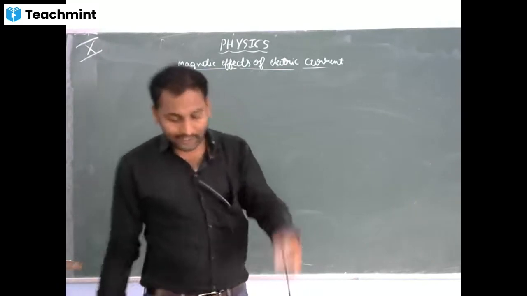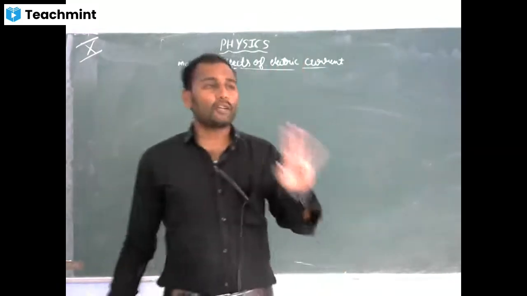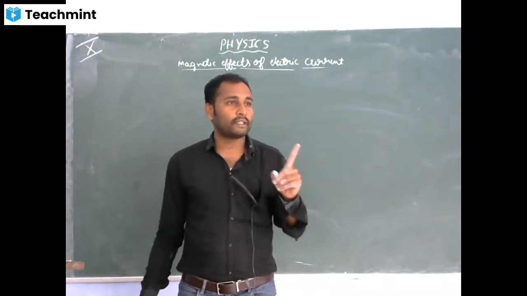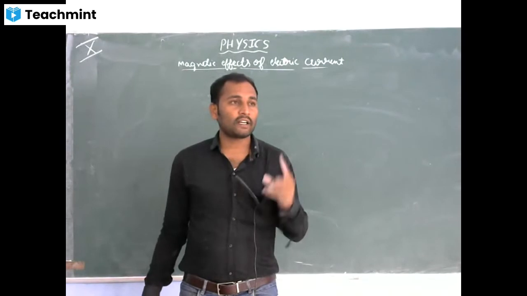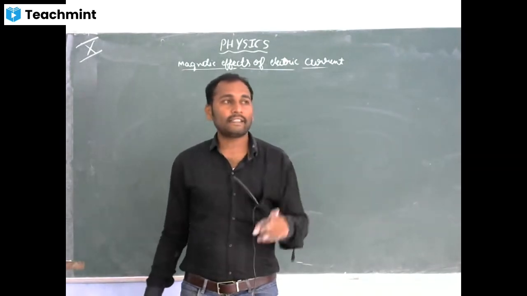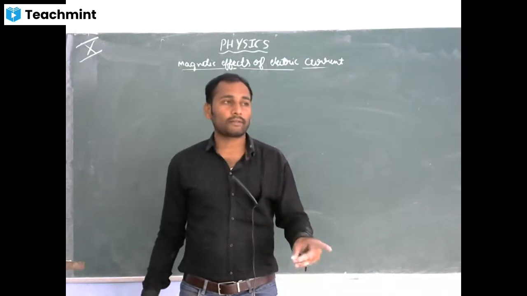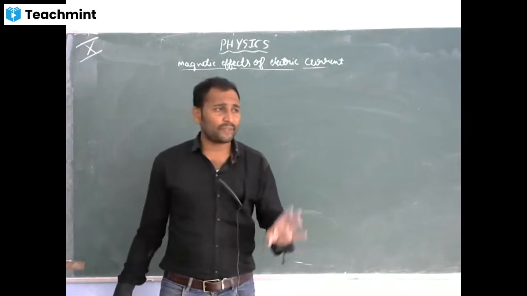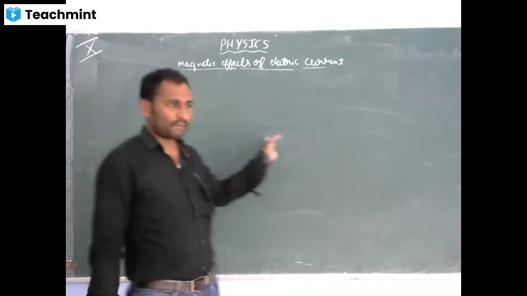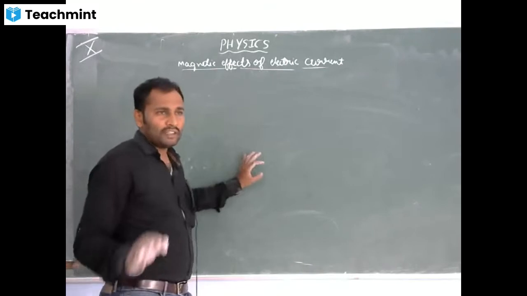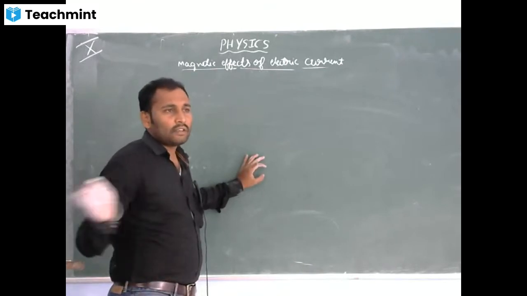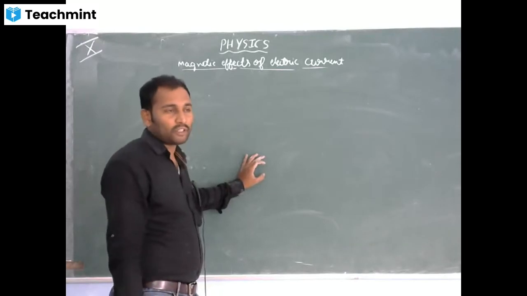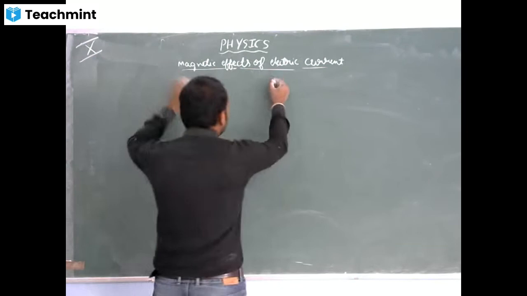Now, I was discussing about motor. See, in motor there are two types. One is AC motor, one is DC motor. AC stands for alternating current, DC stands for direct current. We will study only motor here. If you want to know the difference between AC motor and DC motor, let me explain later. So motor is a device which converts electrical energy into mechanical energy. Remember this.